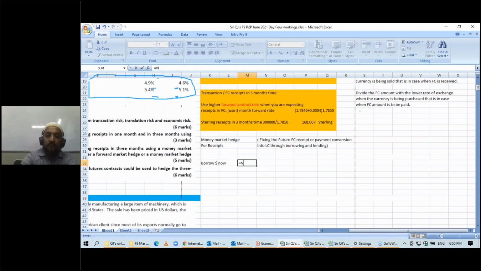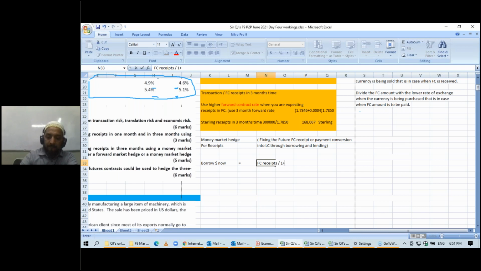The amount of dollars that you will borrow will not be equal to the amount that you will receive. You will borrow the present value of those foreign currency receipts. So the first step is to calculate the present value. Means foreign currency receipts will be divided by